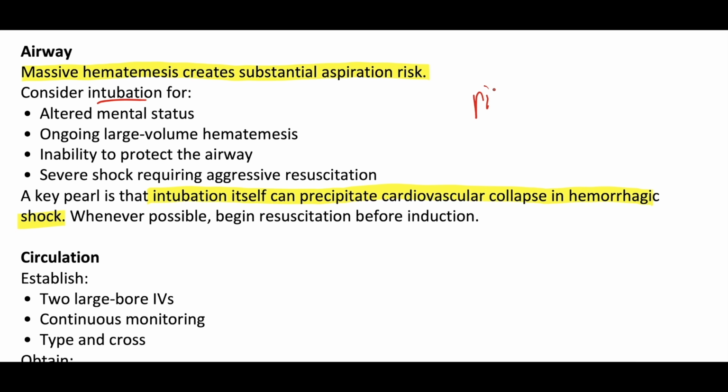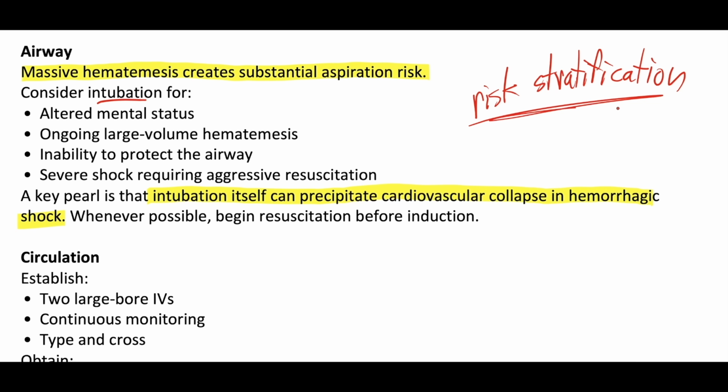So it's all about risk stratification. Do I have time to resuscitate this patient before I take their airway? Maybe they're really altered, but they're not actively aspirating. And you're like, oh, they're going to have to go for EGD. I'm going to have to intubate them and take their airway, but I have a minute, then you should aggressively resuscitate them. But if it's an emergent airway and it's got to be done right now, at least resuscitate them